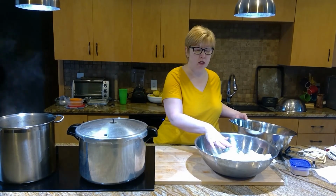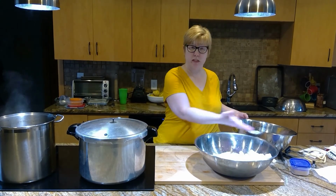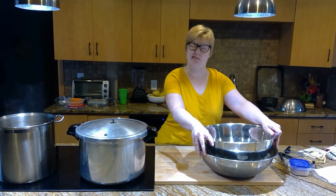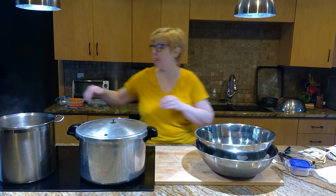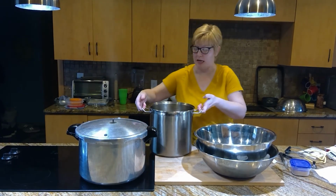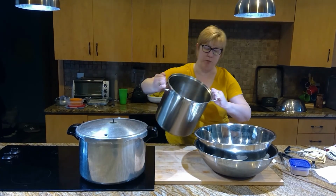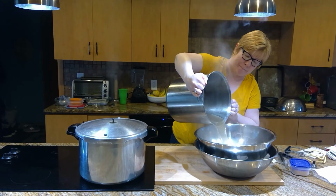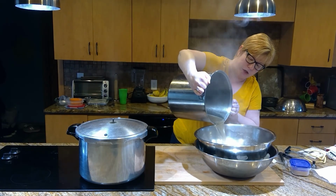So we've got a bowl here of ice. Again, my fondness for stainless steel bowls is apparent, and we'll add this one to it. I'm going to squish it down a little bit. This is not nearly as hot since I filled it, and so I'm able just to pick it up and pour it in. And you can see that it's got a really